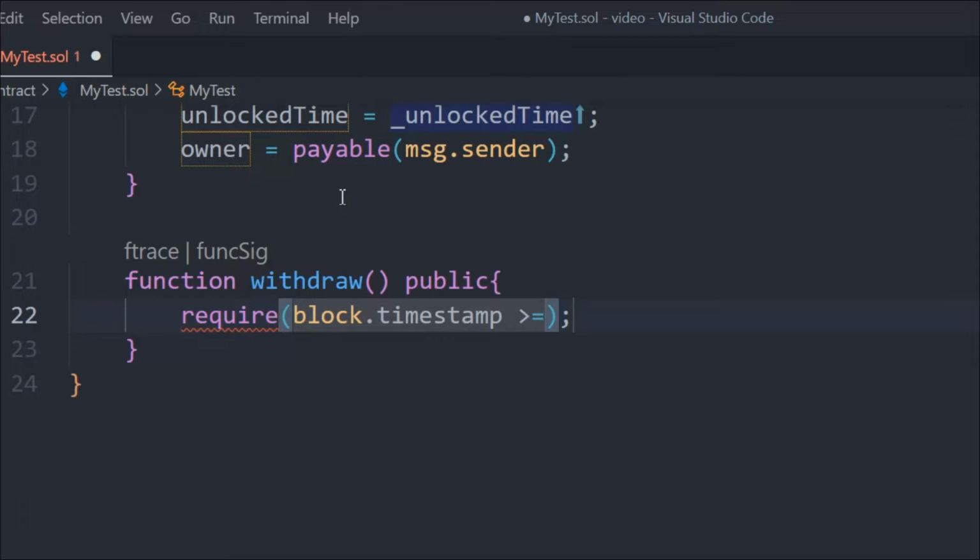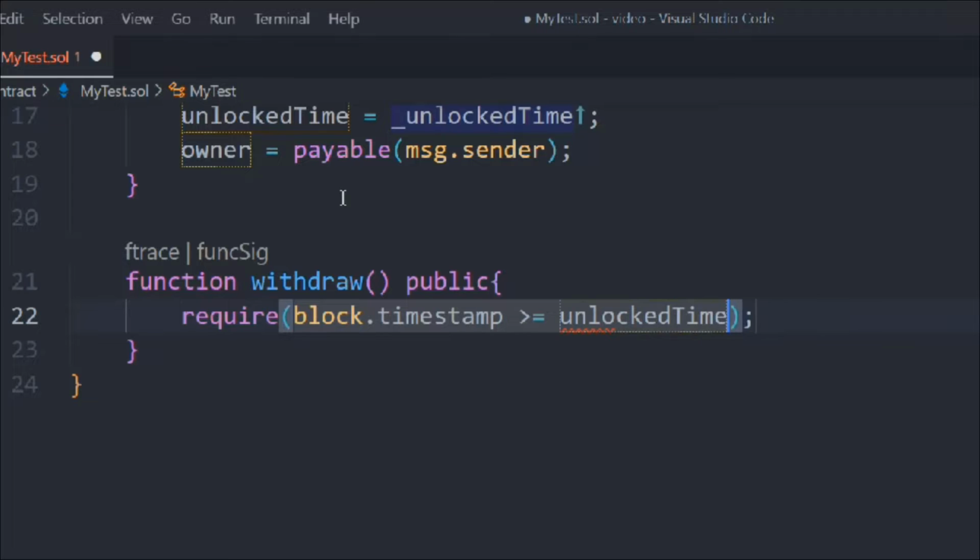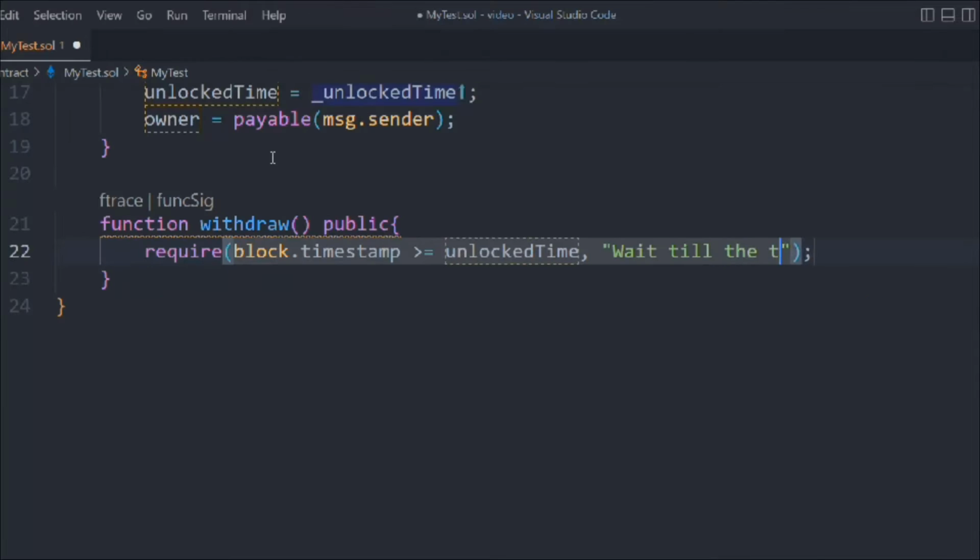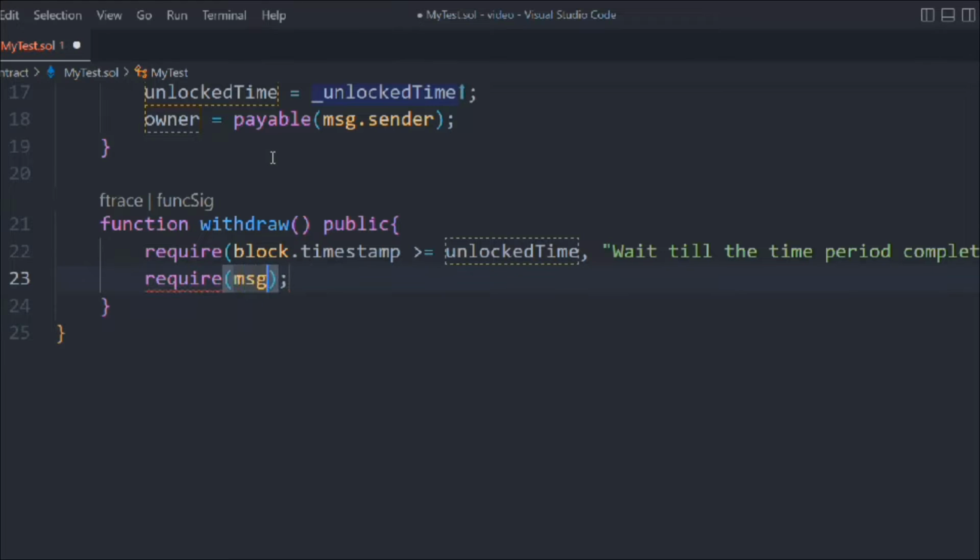Okay, so if the time is less than or equal to the limit, then we only allow the owner to withdraw the fund. Otherwise, we have to throw this error message: wait till the time period is completed. So that's the first check, and now we have to do the other checks, that whoever is calling the